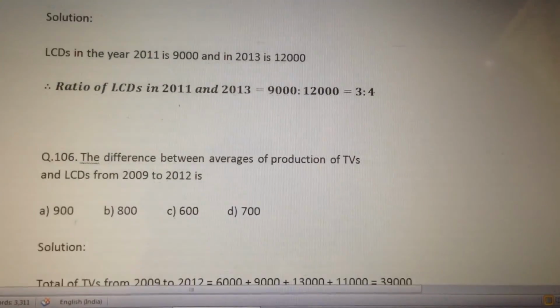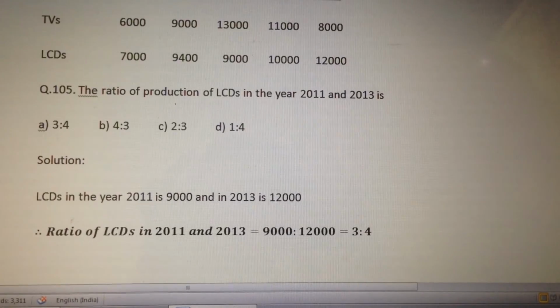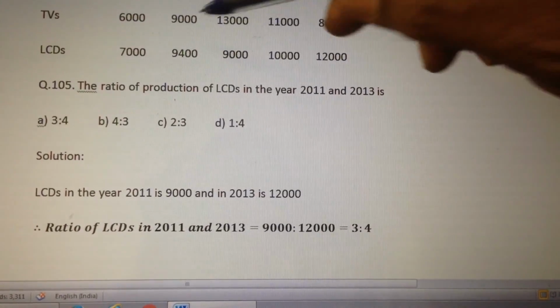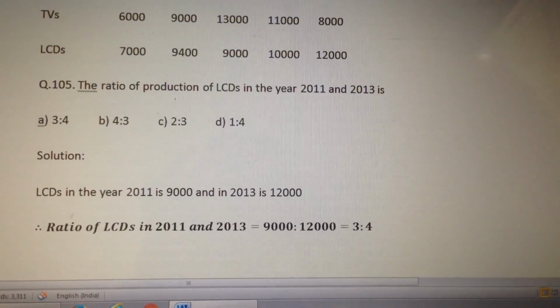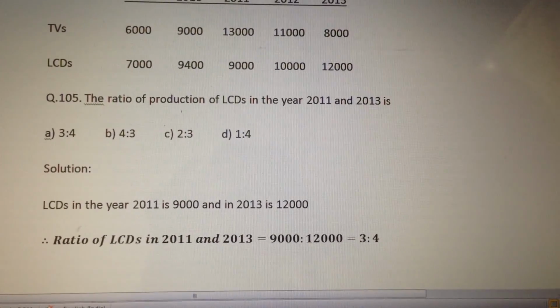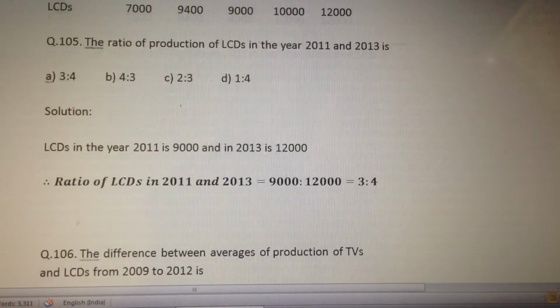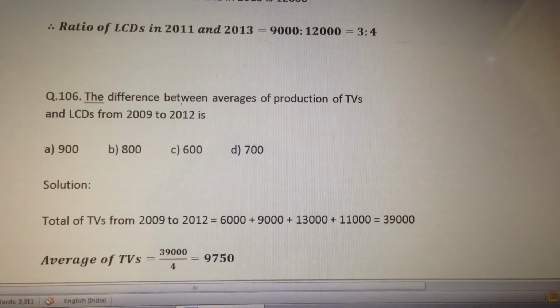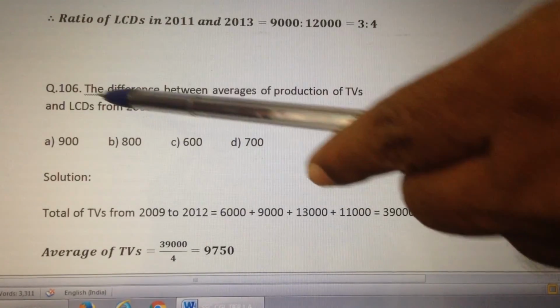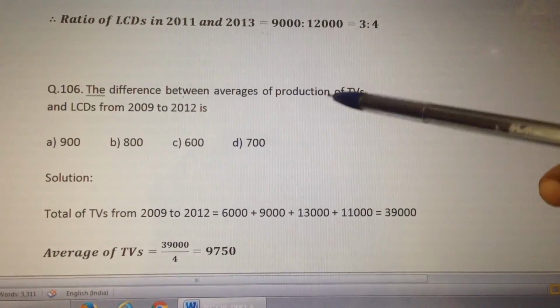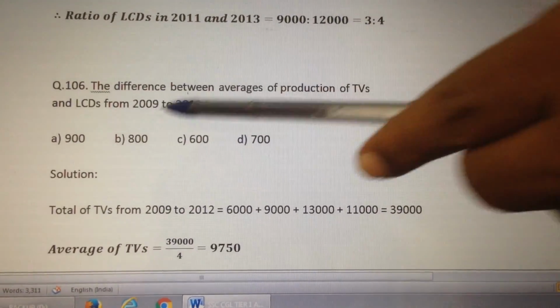Let us see the table here. Here what he is asking is the difference between the average of production of TVs and LCDs